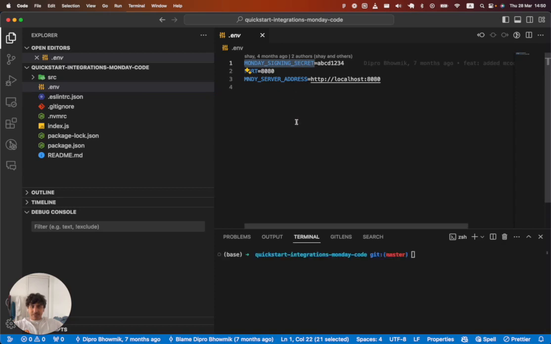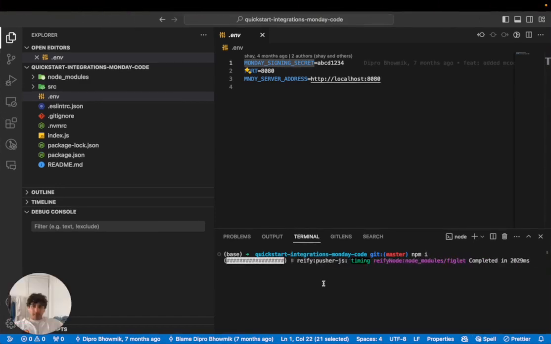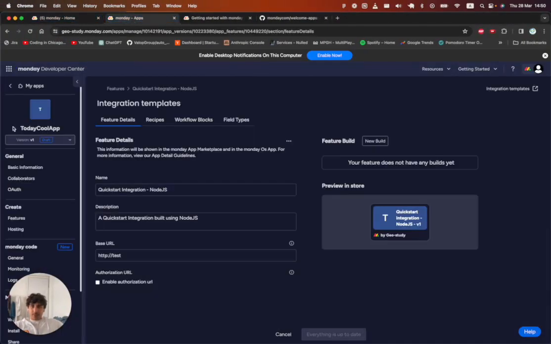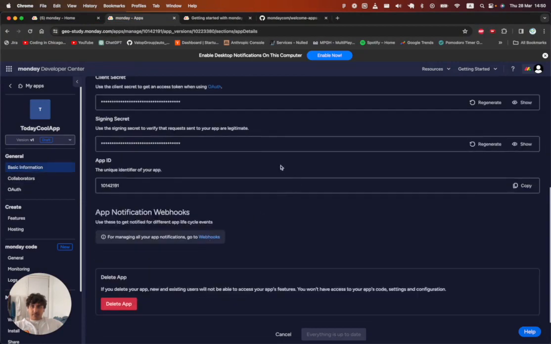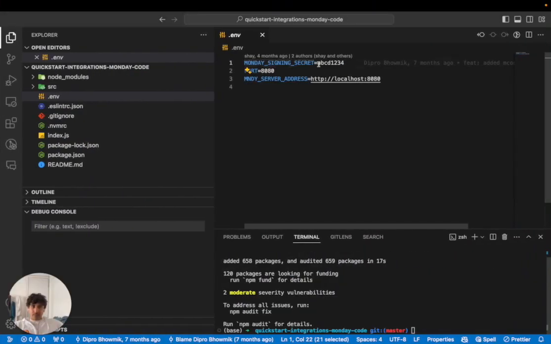And we see sign-in secret. Don't know if you remember, I told you to remember a specific key, which was the app ID and the Monday sign-in secret. So we'll soon just fill this env file, but before, let's do npm install and move back to the Monday developer area, basic information, sign-in secret, show, we will copy it and